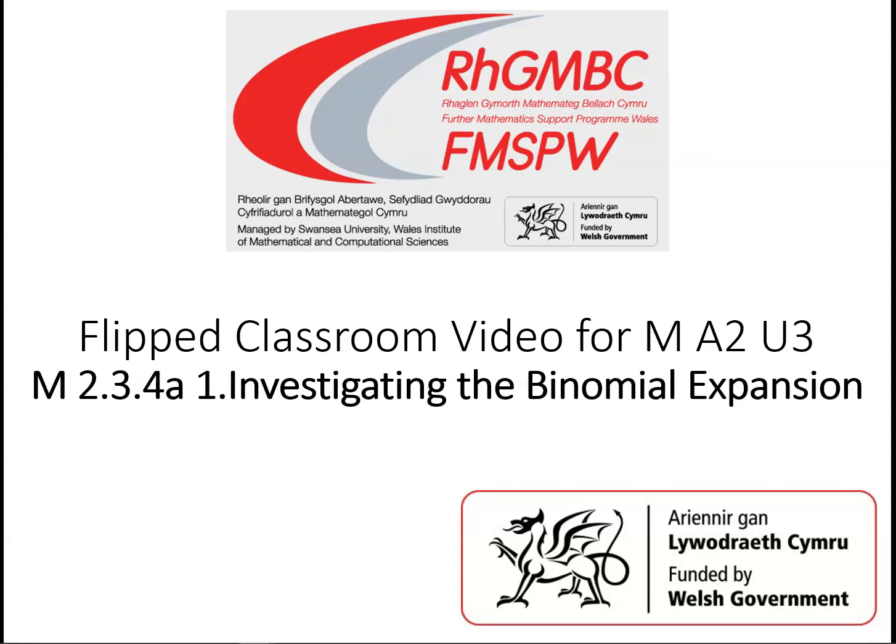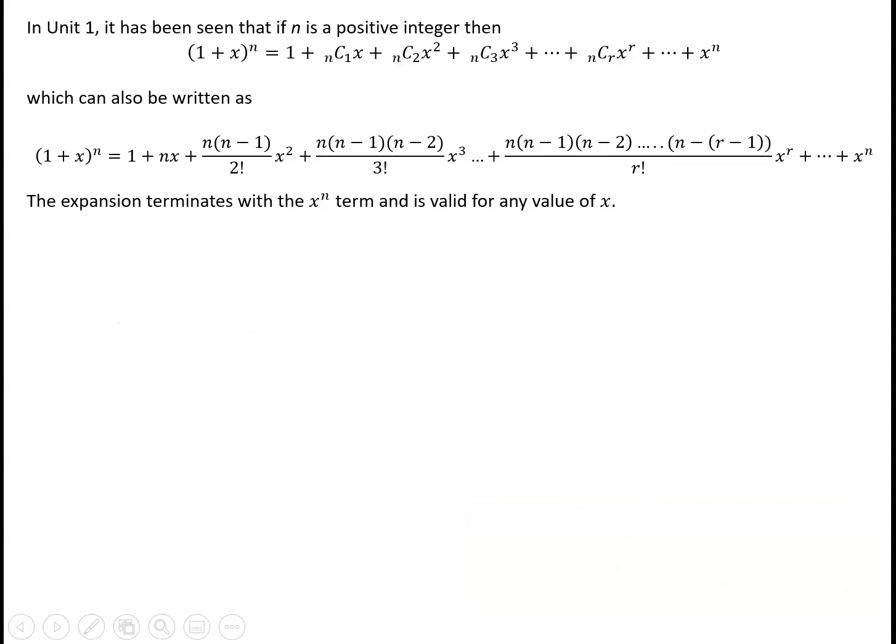In this video we're going to look at ways in which we can extend the results about the binomial expansion that we met in Unit 1 to deal with cases where the power that we're raising the expression to is not a positive integer power. Now in Unit 1 we saw that if we've got (1 + x)^n, where n is